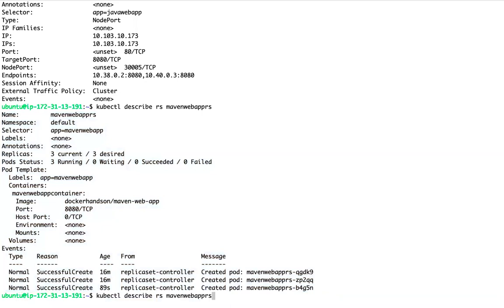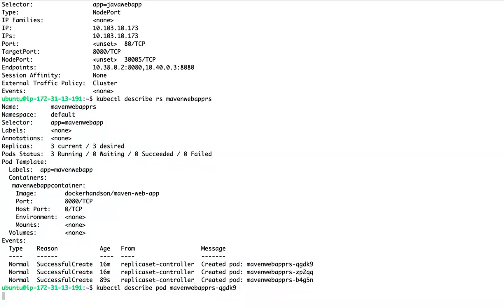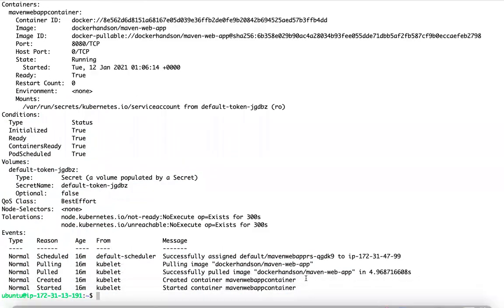If you want to see about a pod, kubectl describe pod, you can give that pod name. So it will describe the pod. What is happening?